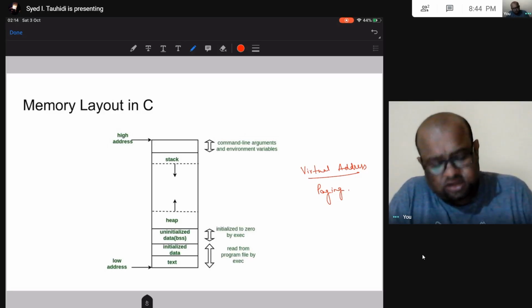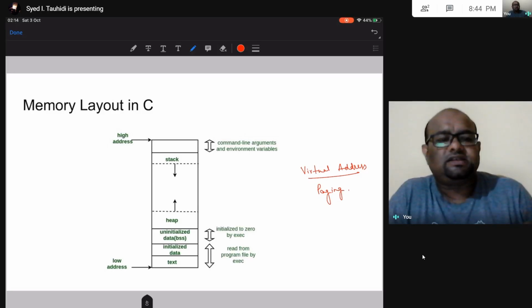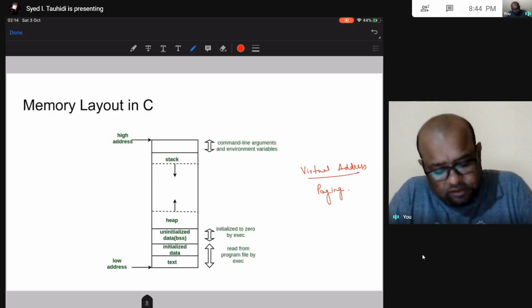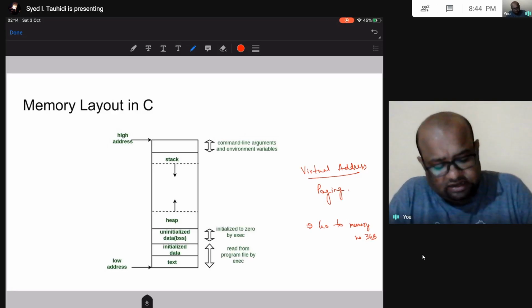Now, because of this, inside my program, say in some line of my program, I will say go to memory number 3 GB, go to location number 3 GB. Say this is what there is in one line of my program.